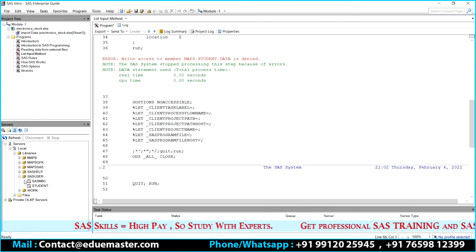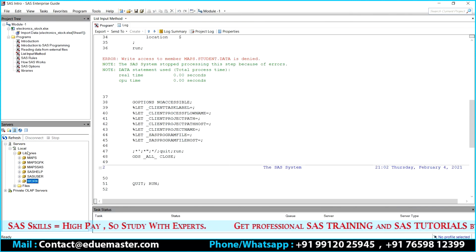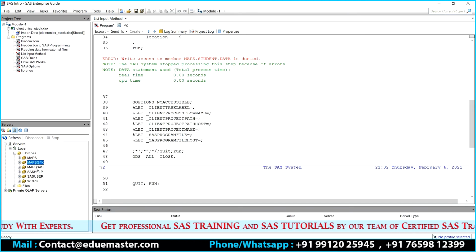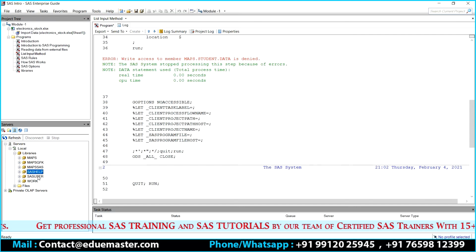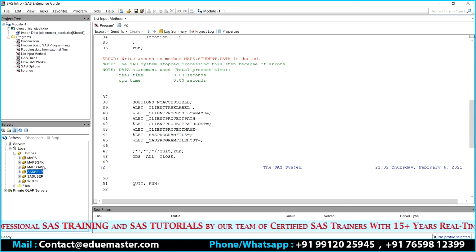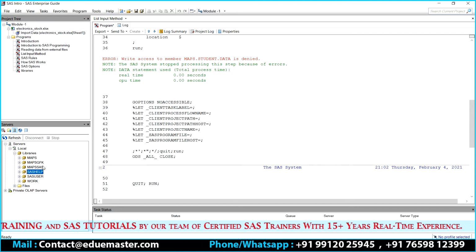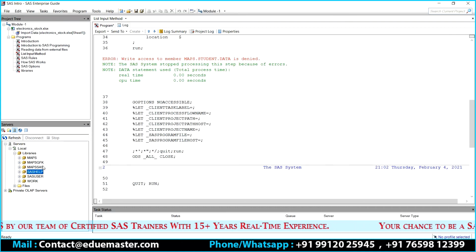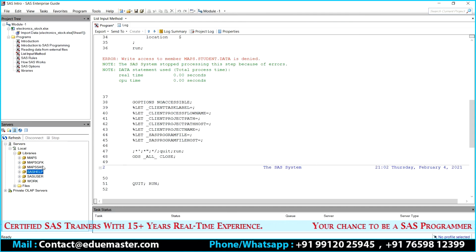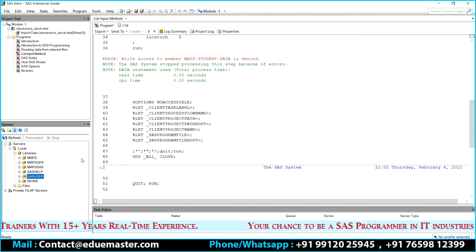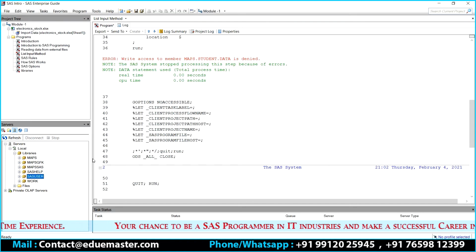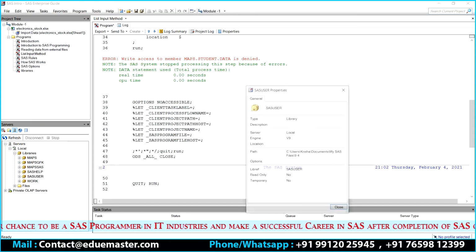Right? So what you can understand from here is these are the various libraries I have. What are they? Maps, GFK, MAPSSAS, SASHELP. For these first four, I don't have write access, meaning I cannot store there. Is that clear? Because this is completely created and handled by SAS. There is one more called SAS user. The name itself is telling: SAS user. This is the place where you can store the data sets permanently.